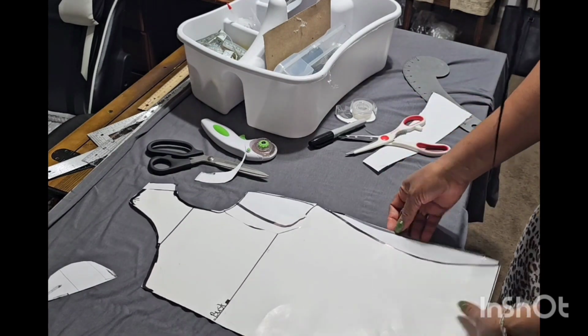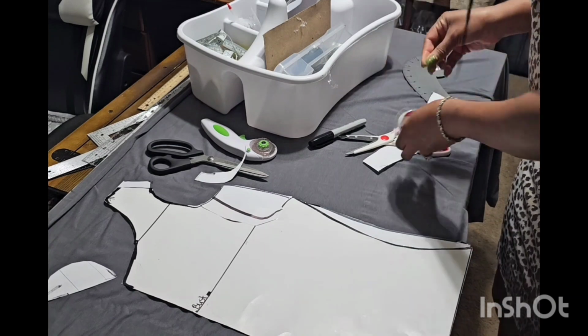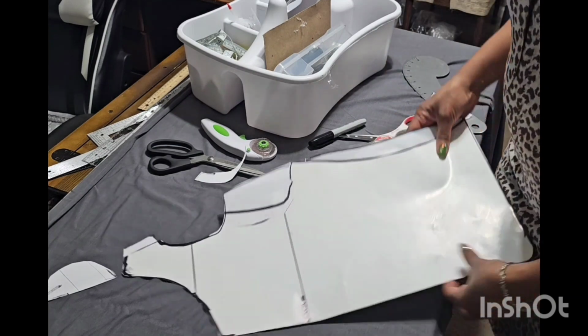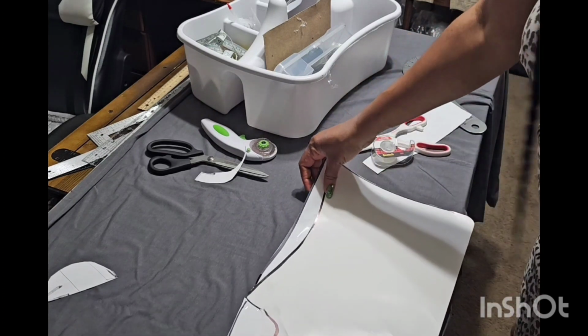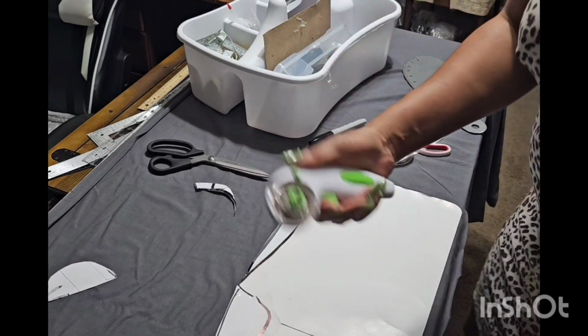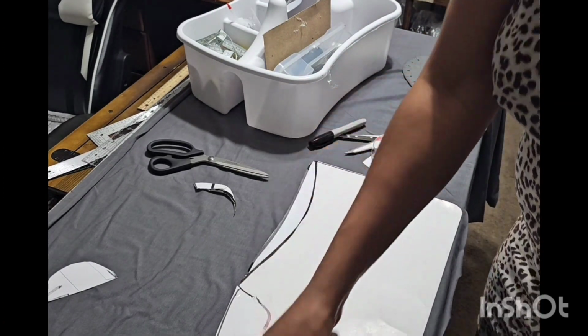All right. Let's put a little piece of tape right there. And now we're going to go ahead and see how off our pattern is, because we know it's off. We just got to see how much it's off. I would go around it with the fabric marker, but